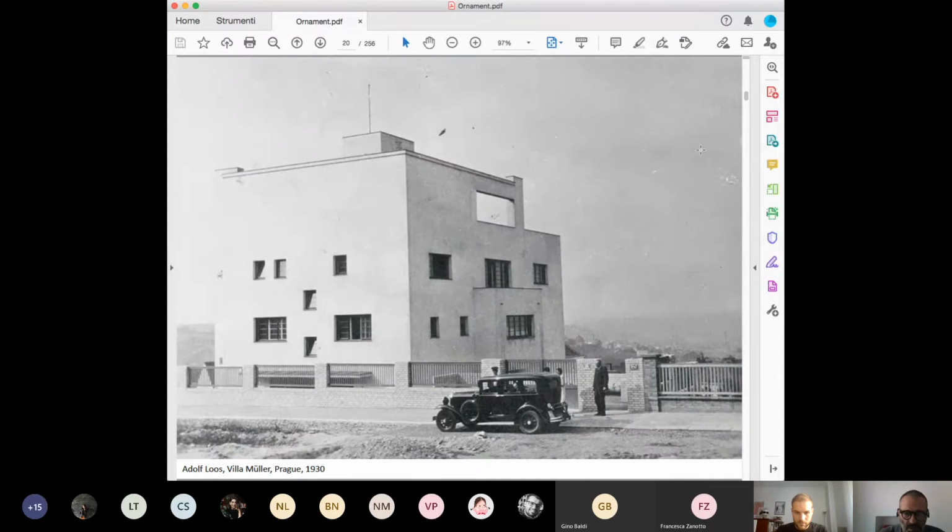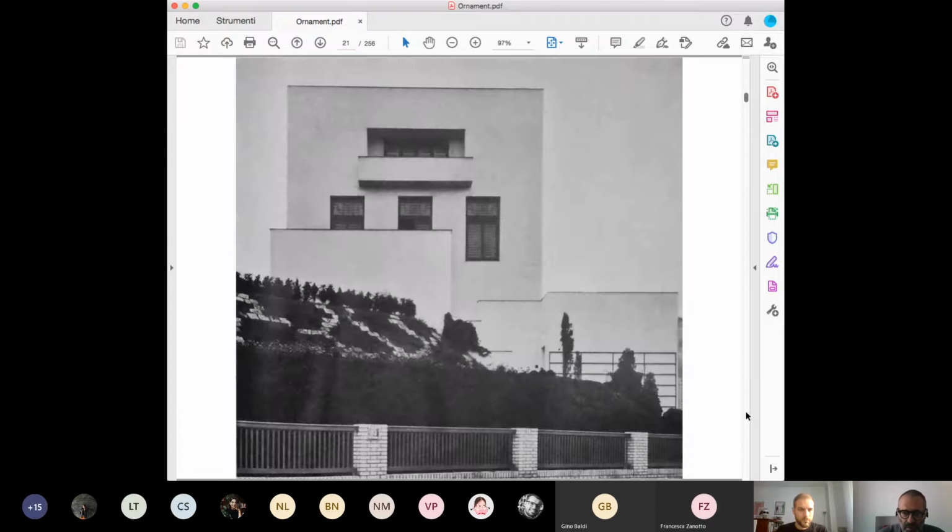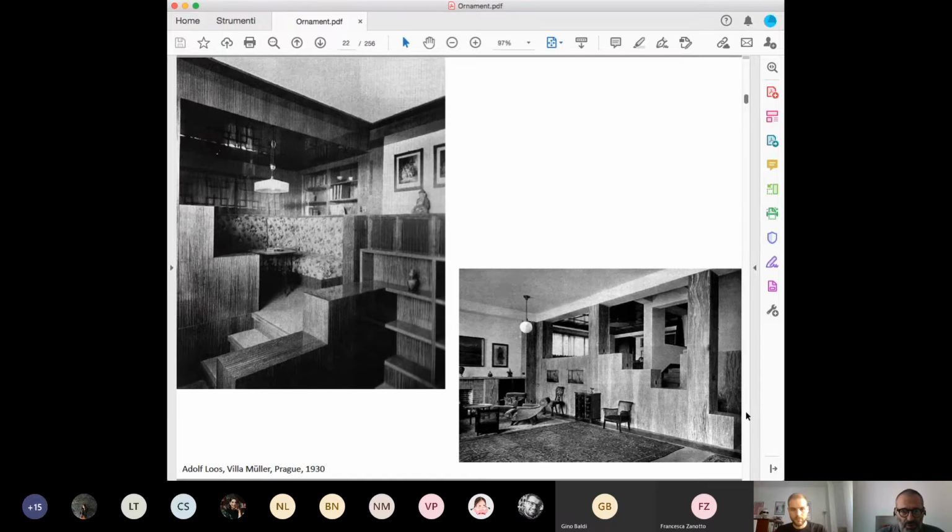This is another villa by Loos, Villa Müller in Prague. Again, you see this totally naked architecture. Also, there is missing that kind of compositional attitude that Le Corbusier always had. There is something like a careless disposition of windows and openings and the protruding volumes. But these are a very poor, in a way, very abstract composition of the facade, but the interior is